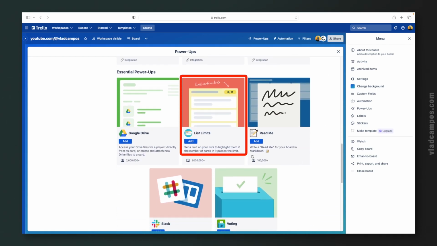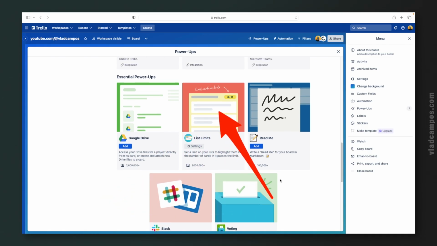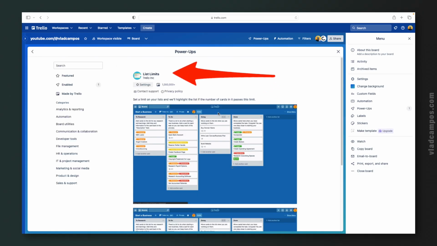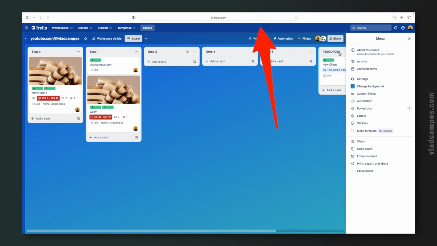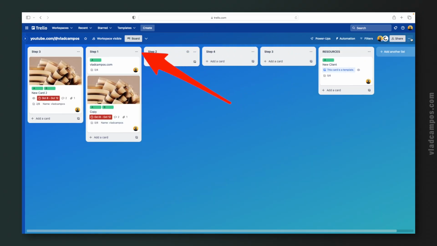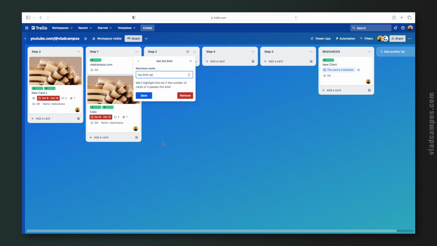For today's video, let's use the list limits as an example. Each power-up has a page where you'll find information and instructions, but let's go to the board and I'll show you how to use this one. Note there is now a new item, set list limit. Let's set this to 3,